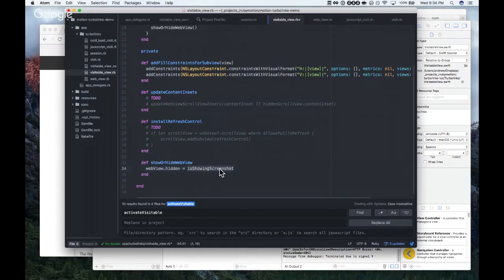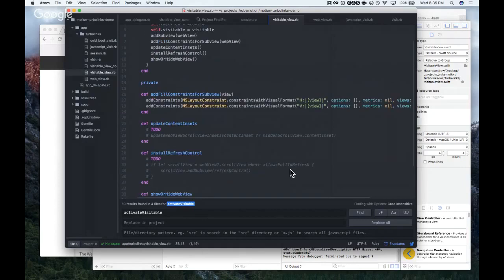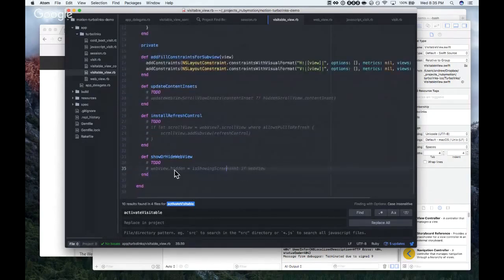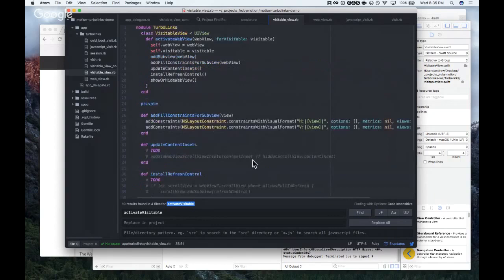I just noticed that there's some reference to screenshot again. Oh, okay. I'm going to make that a to-do also. If we are showing a screenshot, then we're going to hide our web view until it's fully loaded. Yeah, that's what I read that to mean.